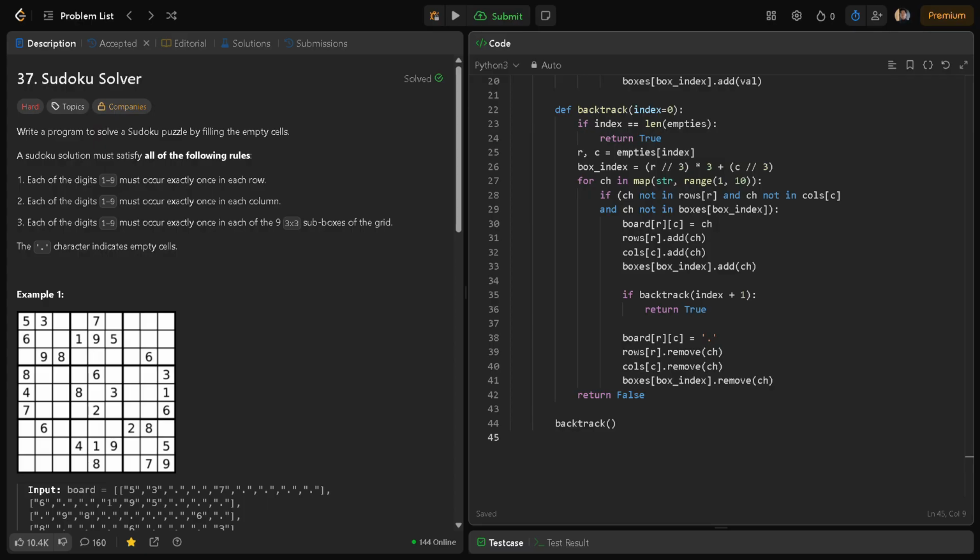Finally, after setting up everything, we simply call backtrack starting from index 0. Because the problem guarantees that a solution always exists, the board will be filled correctly in place. The time complexity in the absolute worst case is very large, but with pruning it runs fast enough for a 9 by 9 Sudoku. The space complexity is constant, since we only keep a few sets and a list of empty cells. And that's how you solve